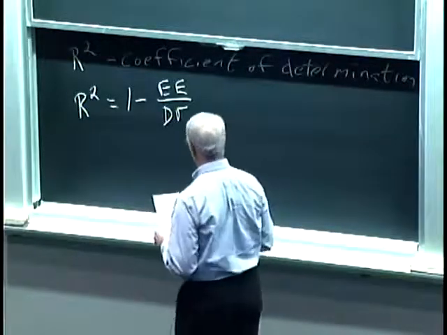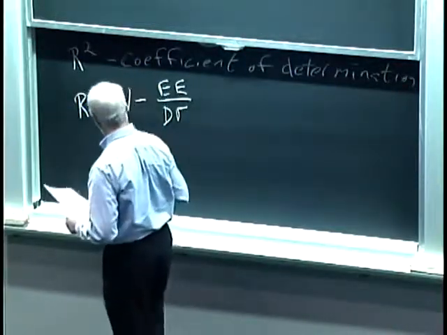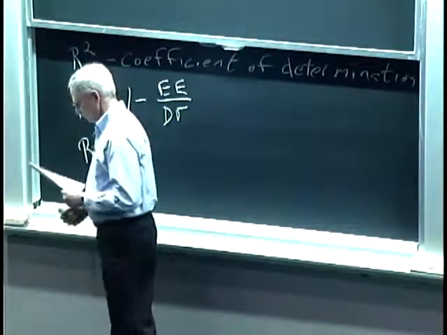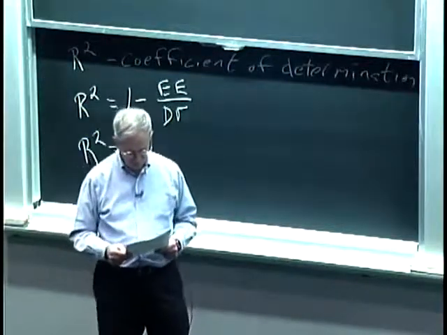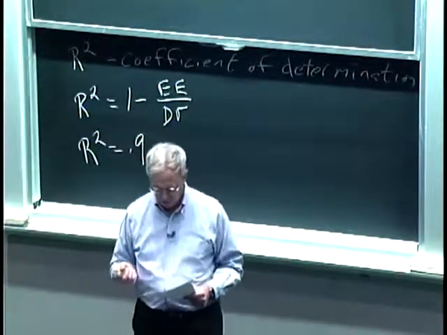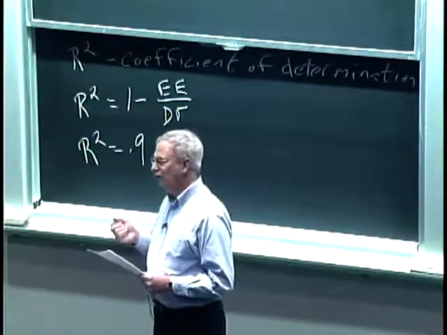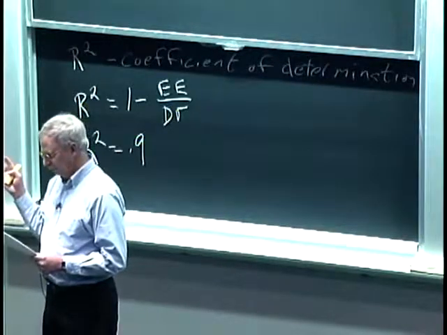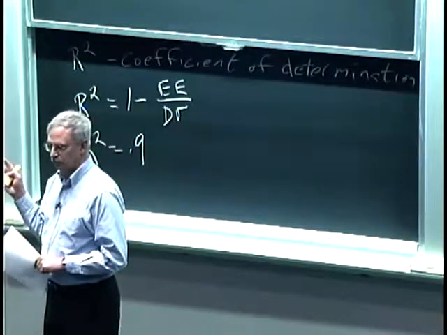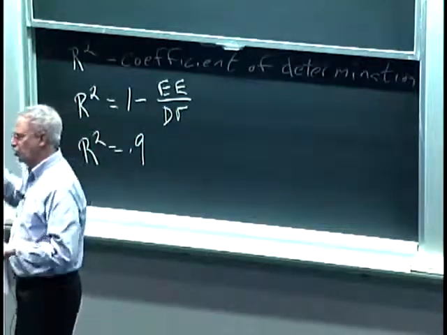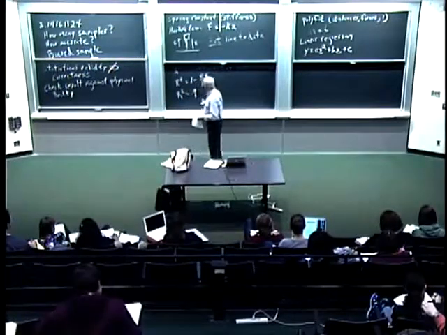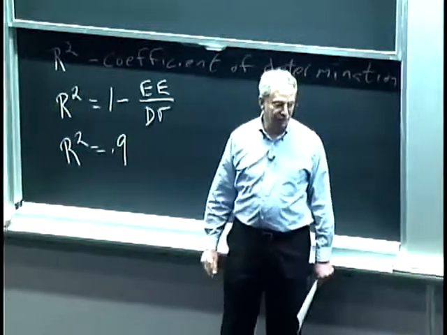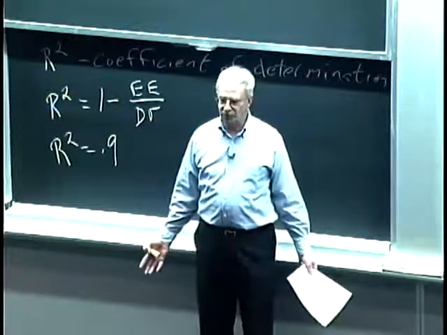So actually, let me give you an example and then come back to it more informally. If, for example, R squared were to equal 0.9, that would mean that approximately 90% of the variation in the variables can be explained by the model. Okay, so we have some amount of variation in the measured data, and if R squared is 0.9, it says that 90% can be explained by the model, and the other 10%